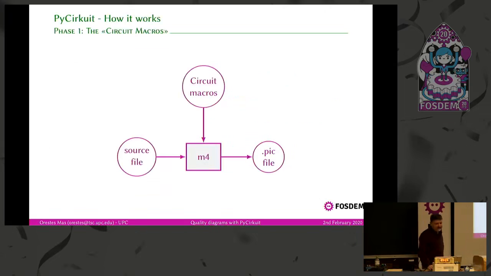How it works. The first step is to describe your circuit diagram in a source file. In the source file, you put the elements using Circuit Macros, which are a set of macros written by Dr. Aplevich of the University of Waterloo in Canada. Then you use the M4 utility, the GNU M4 utility, to process this source file and expand the macros into PIC language. PIC language, unfortunately, is not understood directly by LaTeX, so you need another step,